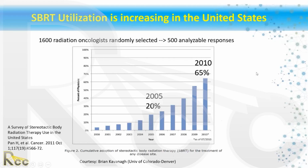Okay, there we go. So just to go through utilization of SBRT, this is growing at a huge pace, almost exponential here. This is a dated slide from 2010, but it shows the trends for utilization of SRS SBRT. There was a survey published, 1,600 radiation oncologists were selected. They got 500 responses, and this is what they saw in terms of utilization. As of 2010, about 65% of physicians were prescribing SBRT. And if you look at the breakdown,